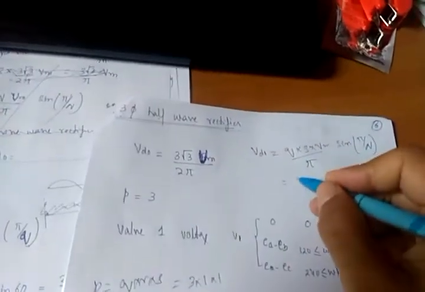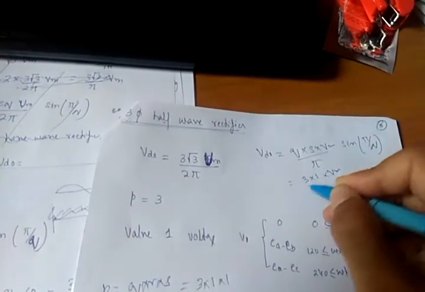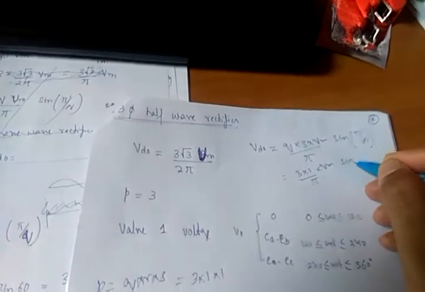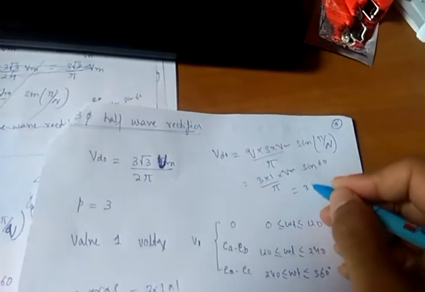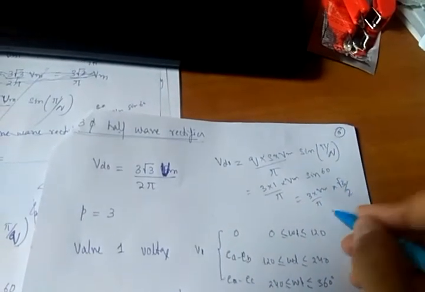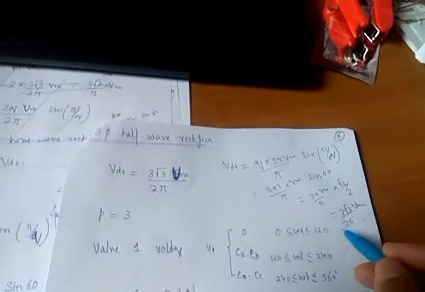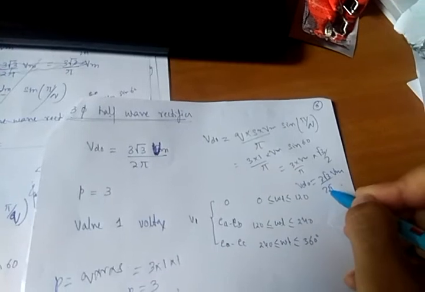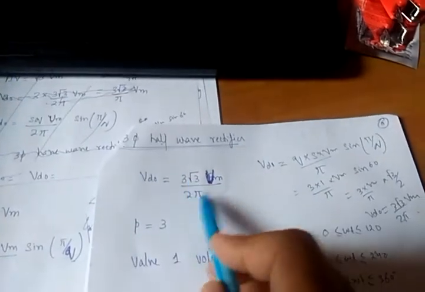So in case of this half-wave rectifier, I told you Q was equal to 3, S was 1, Vm as it is divided by pi sine, Q is 3, so sine 60. Sine 60 is root 3 by 2, so you will get 3 into Vm by pi sine 60, root 3 by 2. It is equal to 3 root 3 upon 2 pi Vm. Okay, so Vd naught comes out for a 3-phase half wave as 3 root 3 Vm upon 2 pi.